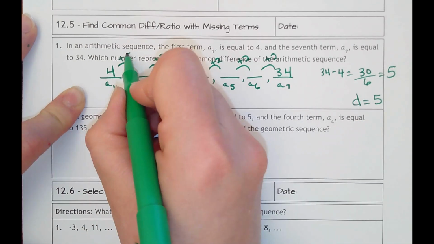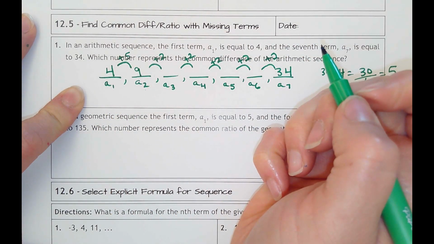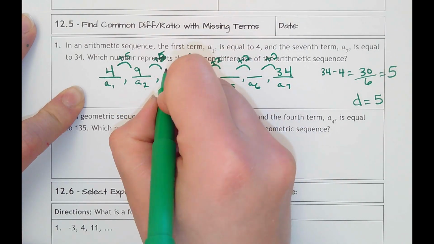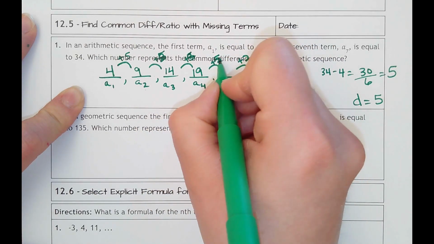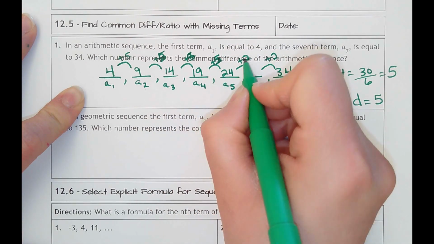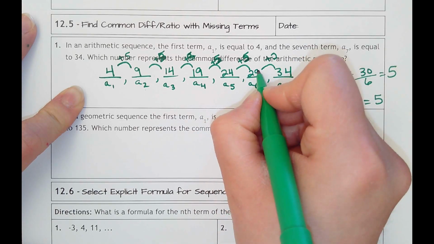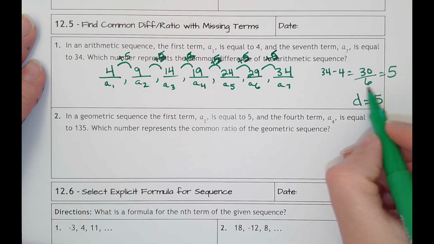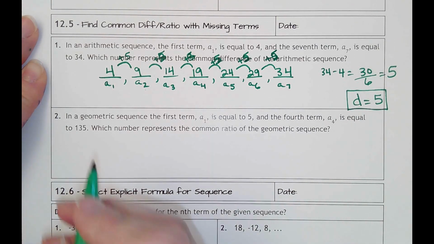So 4 plus 5 would make this be 9. 9 plus 5, did I write 2? I didn't mean to write 2, sorry. 9 plus 5 is 14. 14 plus 5 would be 19. 19 plus 5 would be 24. 24 plus 5 would be 29. And 29 plus 5 would be 34. And so that works. If you can't do that in your head, what you could do is use the formula